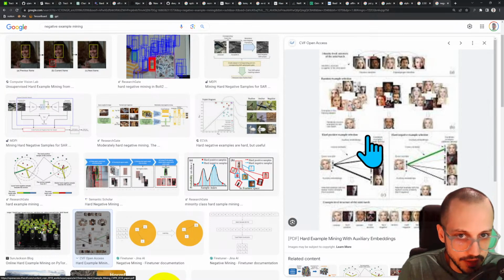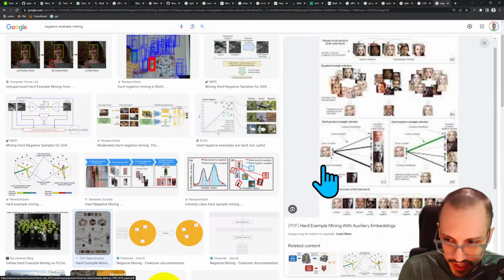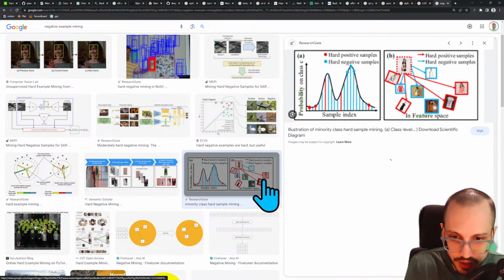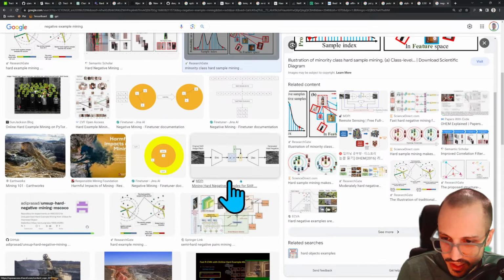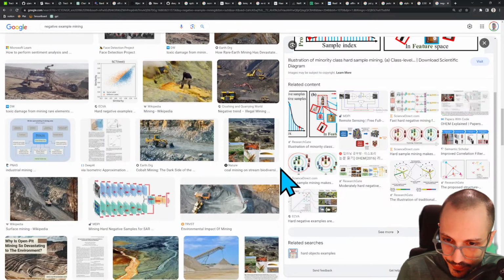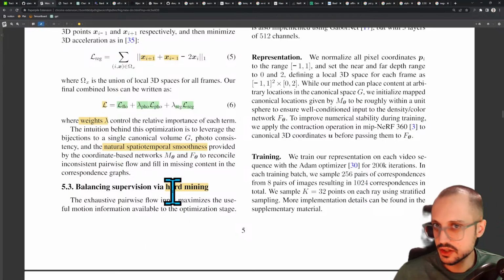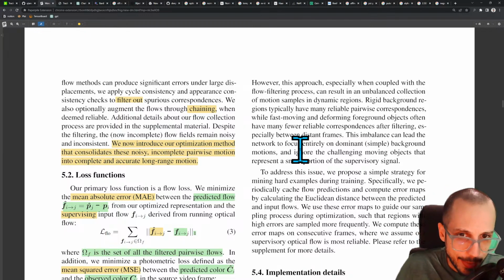So maybe you're doing some kind of face detection, right? Negative mining would be finding pictures that are very different from that, or maybe close but at a specific thing. So let's see, for example, hard positive samples, hard negative samples. I don't think any of these pictures explain it super well. All right, let's see what they describe it as. Exhaustive pairwise flow input maximizes the useful motion information available to the optimization stage. However, this approach, especially when coupled with the loss, can result in an unbalanced collection of motion samples in dynamic